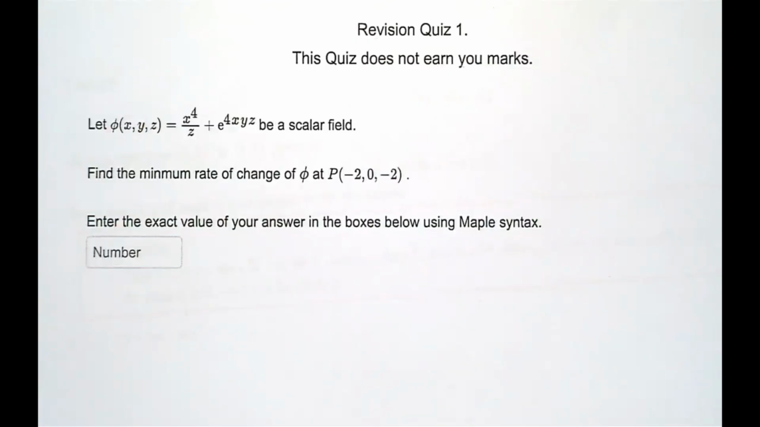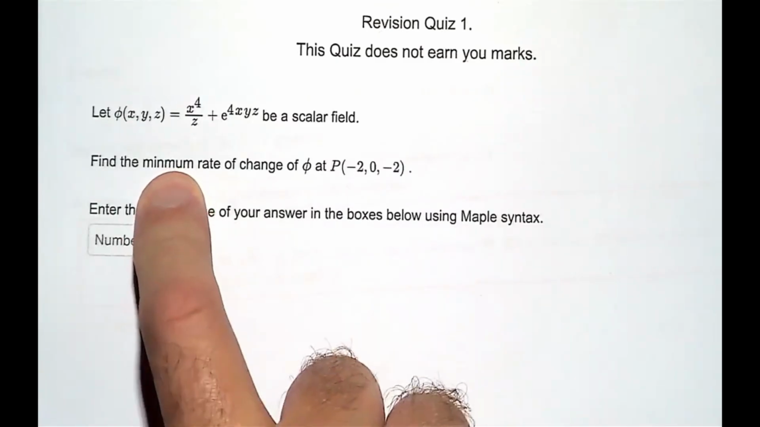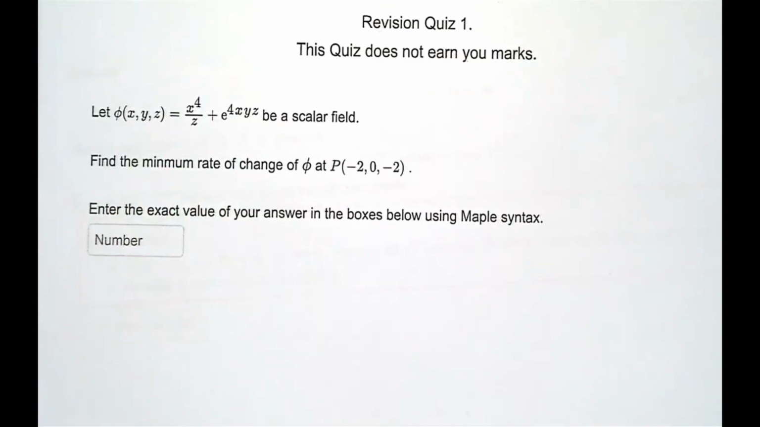Okay, this is an interesting question. We didn't do an example like this in the lectures, but I thought we could do it today. So let's have a look at the question. You've got some function of 3 variables and you need to find the minimum, I think they mean minimum, rate of change